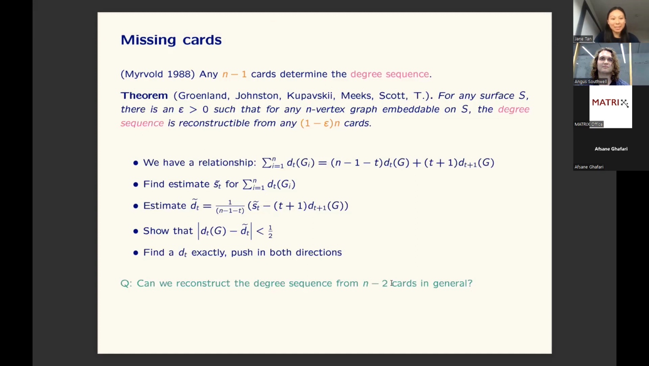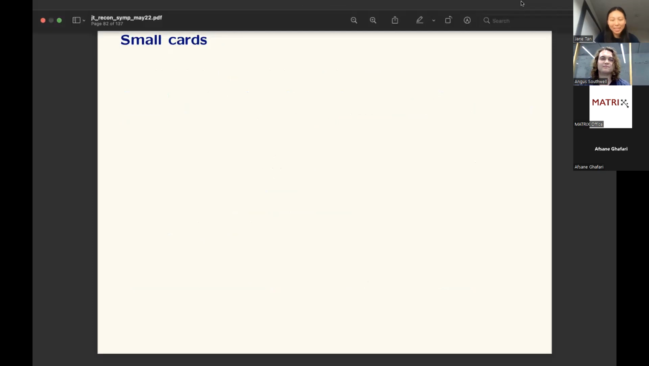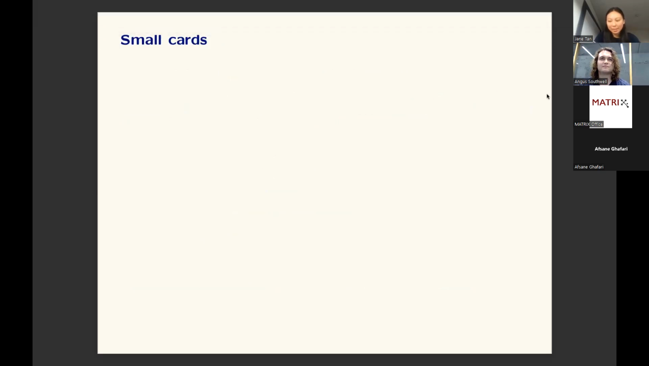I'm going to leave missing cards there now and move on to the second variant. This is the small cards variant. This one was introduced by Kelly in 1957. It was actually just slipped into a paper where Kelly was proving that trees are reconstructible in the classical sense. He made this definition as well, but didn't do too much with it, and seemingly no one really picked up on it until 1974, when